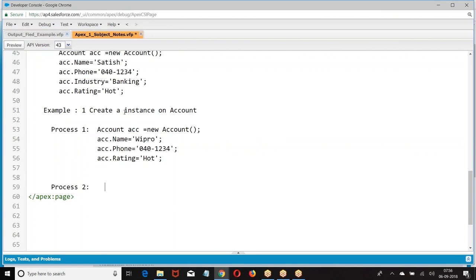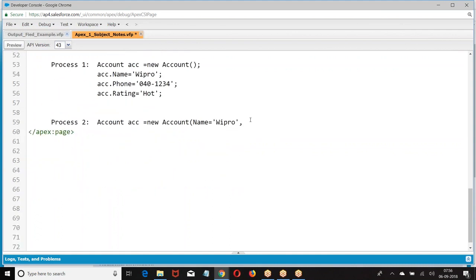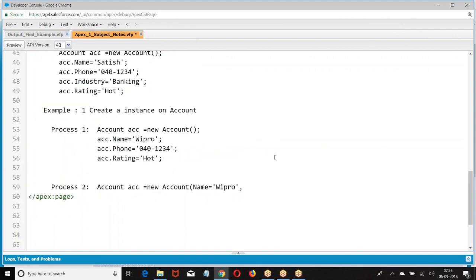Process 2: new Account, name equal to. This is only for sObject. This process is only for sObject, if you are referring to a table. Field equal to